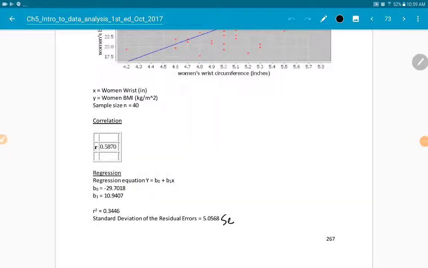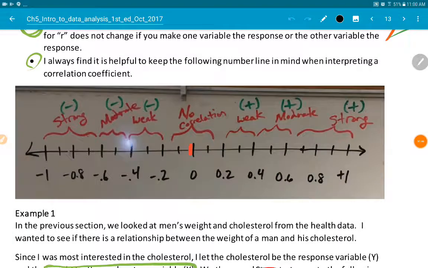R is 0.5870, and on that number line, that corresponds with a moderate strength,